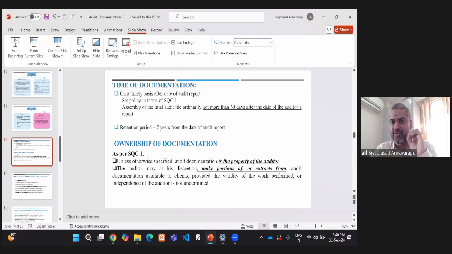Now, today, if you put the final audit report into ChatGPT or some other generative AI and ask it to generate the kind of anomalies, it is at the disposal of the regulator to find all the anomalies at a go. So therefore, unless we adopt some sort of technology, it is very difficult to keep pace with the changing requirements. And let me show how the audit documentation can be done practically through the use of technology.